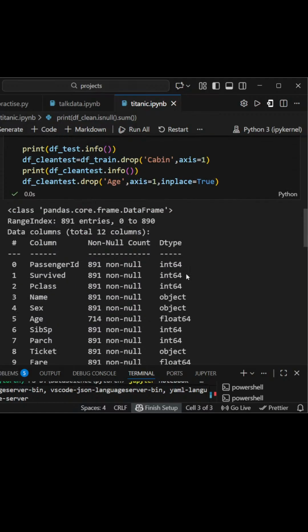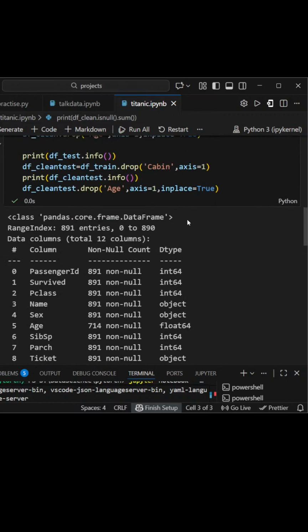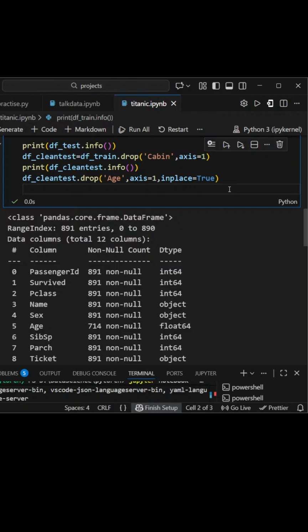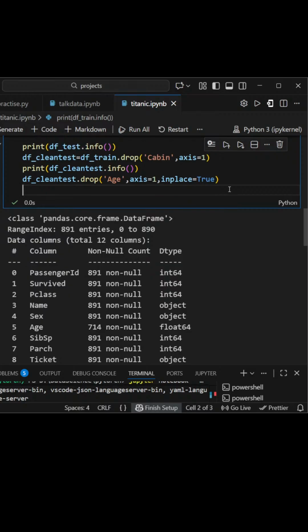I need to remove the embark also. Here I need to remove the embark because it has two null values. How to do it? Simply we are going to do